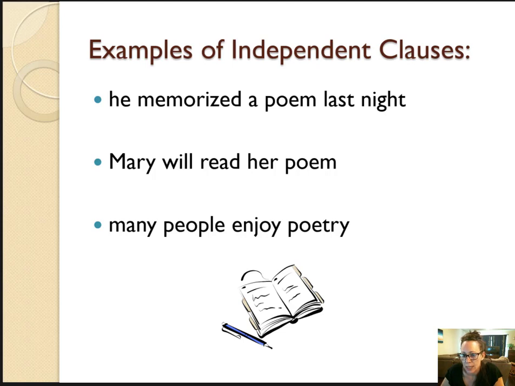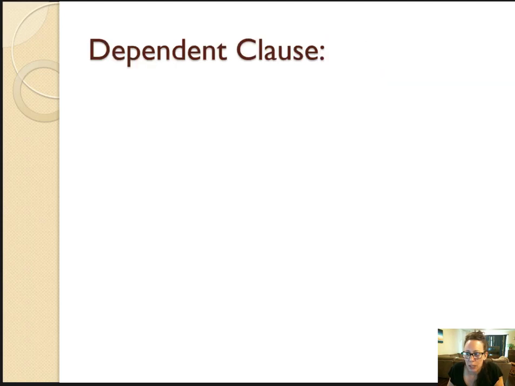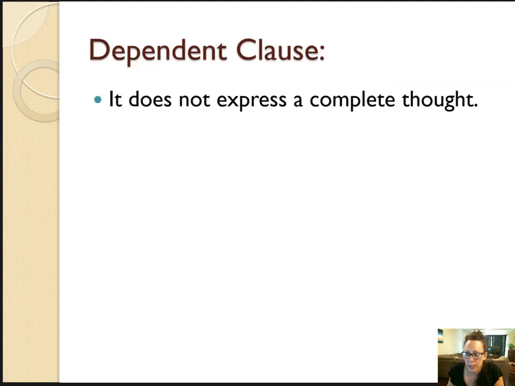So I could say he enjoys or she enjoys poetry. So that's how I know it agrees. And then, of course, I've got my object there of the verb, poetry. So for dependent clauses, you can probably guess